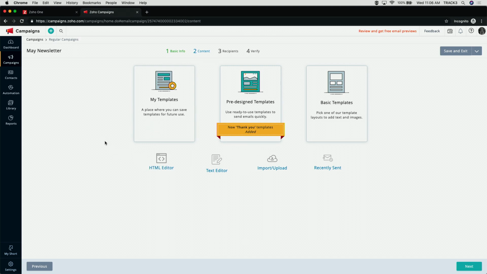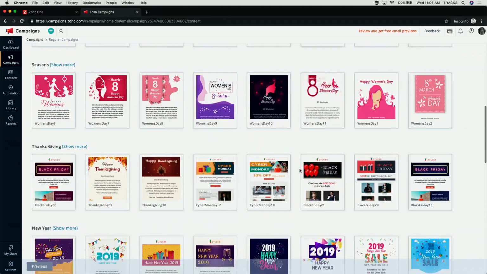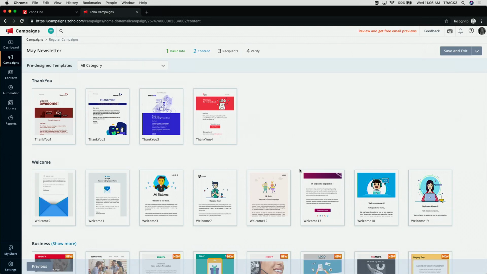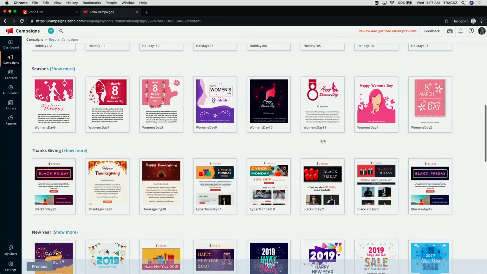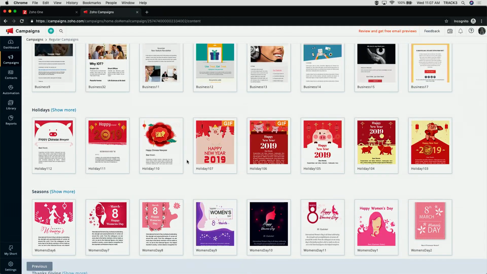One of the things that I think can be done to make the pre-designed templates a little more interesting, because sometimes when you come in here and you say, yeah, there's thank you, that's great. There's a bunch of holiday emails. These are just kind of samples. And really the thing to pay attention to, just as a tip that I've taken, is the layout of them, right? Because it doesn't really matter what the content is exactly. If you like the layout, that can actually be a good jump start to getting something done, because then you can go in there, swap out the Christmas image with something that's relevant to the month of April, right? I don't know what that would be, but you have that kind of jump start.